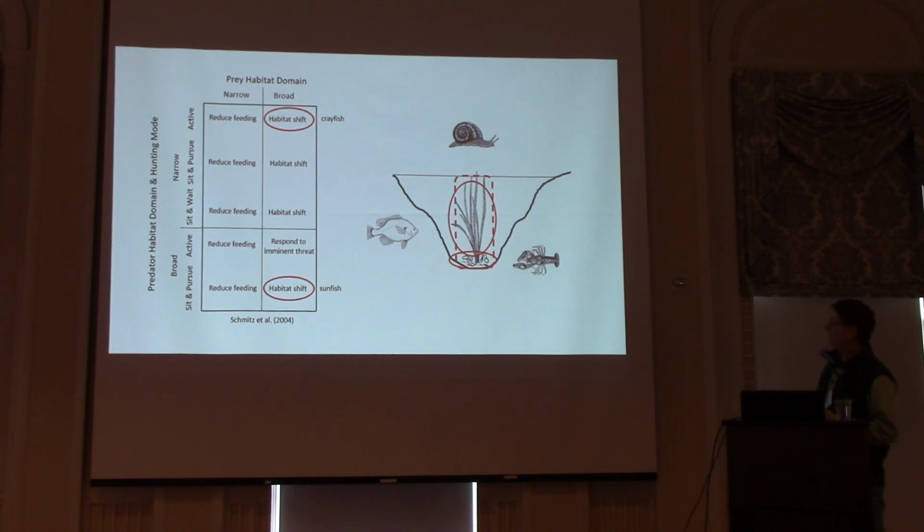Now, the thing that's interesting is that not only do these two predators forage differently, with large and small habitat domains, but there's something else different about them too. They're quite different phylogenetically. One's a fish, one's an arthropod, a crustacean. So one of the things we want to think about is that maybe it's not necessarily the foraging mode of the predator, but maybe it's actually a phylogenetic relationship. Smell fish, do this. Smell crayfish, do that, right? So that's part of what's going to happen in this investigation.